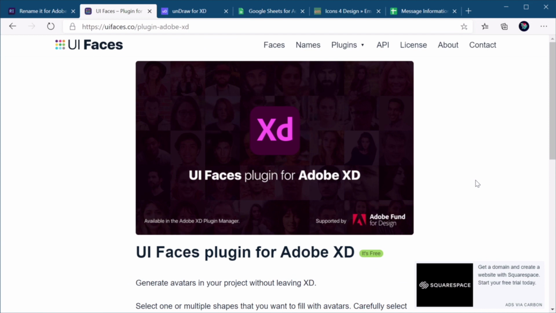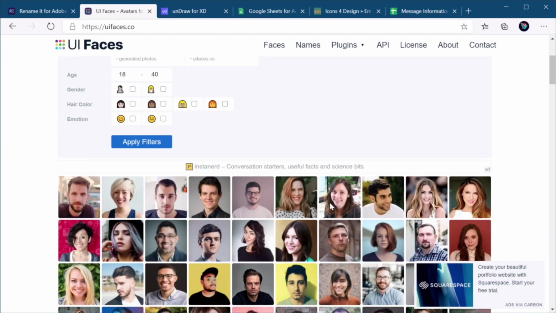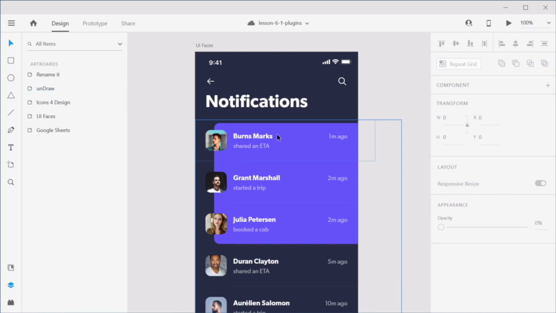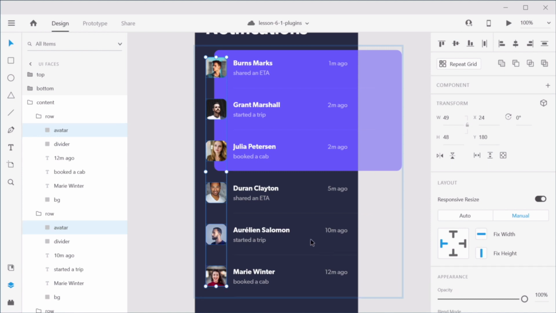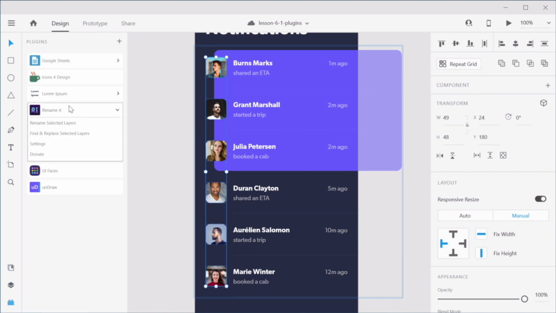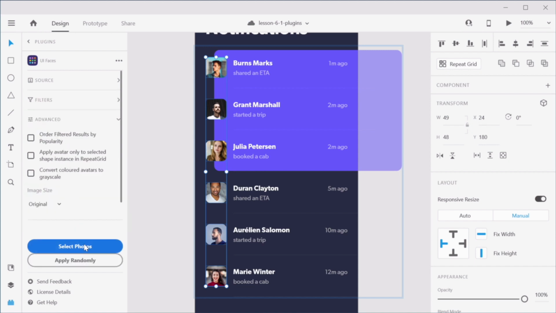The next plugin is called UI Faces. And I'm sure you know the website, UI Faces. This is basically a website where you can get a bunch of avatars for your website design. And there are plugins for all the major design software out there. For Adobe XD, it works very simply like so. You select the avatars or the shapes that you want to contain avatars. In your app, you go to Plugins, UI Faces, you select the source that you want for those images. You can, of course, go and check out some advanced options here, but you basically